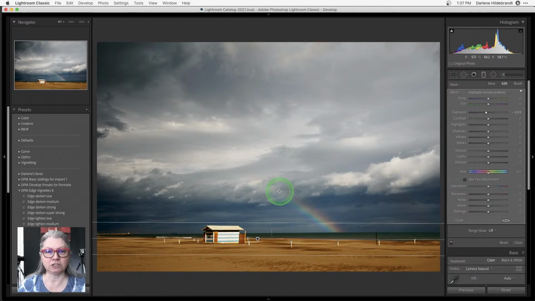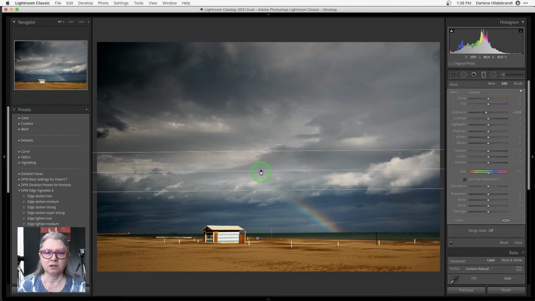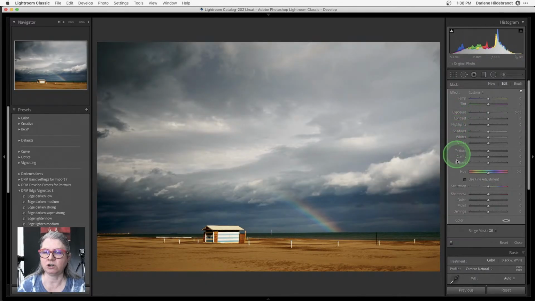Now the next thing I'm going to do is another one on the sky, because when I say I want to enhance the contrast and the punch of the sky, I don't want it to apply to the whole image. So what we're doing here with things like the graduated filter or the radial filter, which I'll show you in another image, is what's called local adjustments. So it's only applying to part of the image. Again, I'm going to make my spread. This time I'm going to bring it down to the bottom, but I don't want to darken.